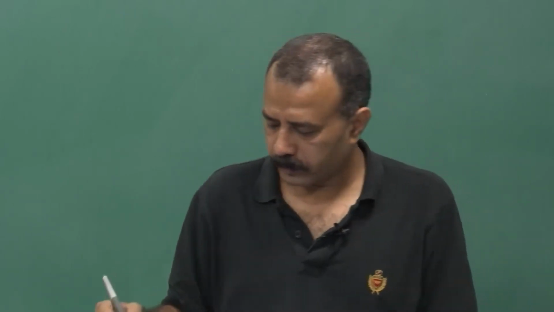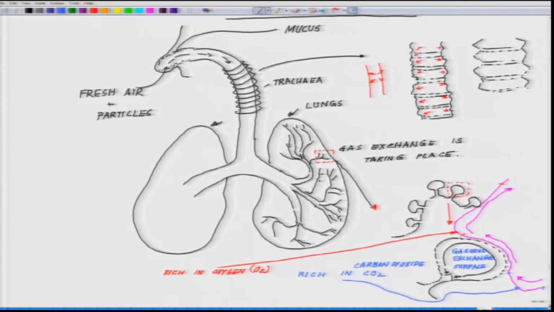So, now let me draw the exact numbers that will help you here, and just go through the whole process again before I get to the numbers. So, here you have the fresh air getting inhaled, and the particles and all these things get stuck up here, and that is why many a time you have agitation and irritation, because the particles get stuck in the mucus, and this moves all the way